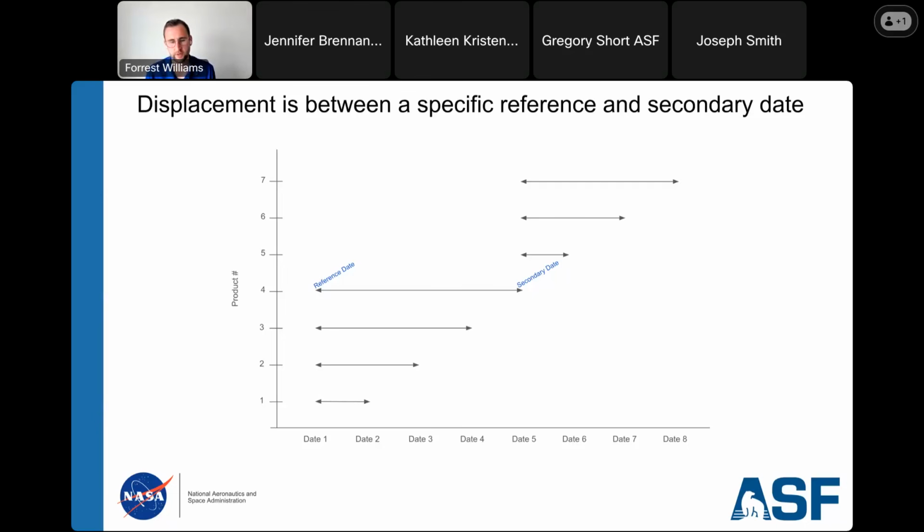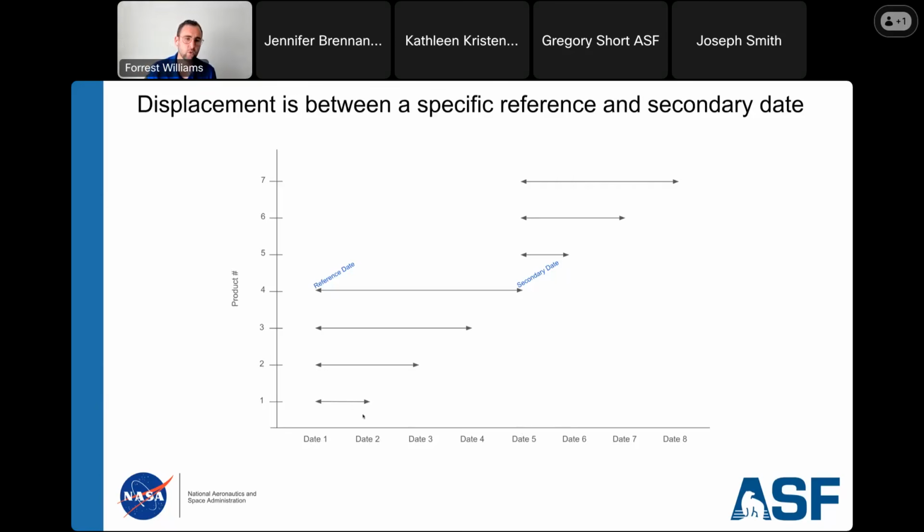So the important thing to remember here is that if you're looking at the displacement in an OPERA-DISP granule, it is recording the displacement between some date 1 and some later date, call it date 2. And while the secondary date changes with every granule, sometimes the reference date will stay the same for a period of time. So here on this graph, we have product number, which basically represents a series of OPERA displacement products for the same locations. And here on the x-axis, we have different dates, date 1, date 2, date 3, date 4,